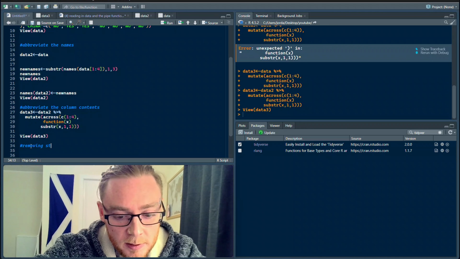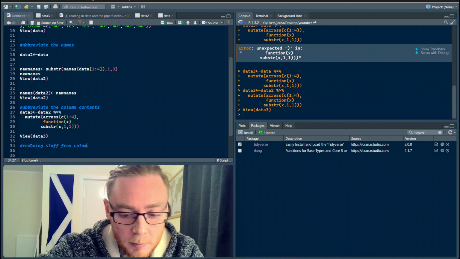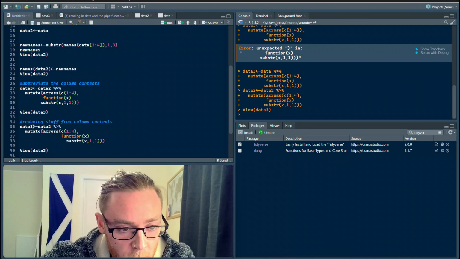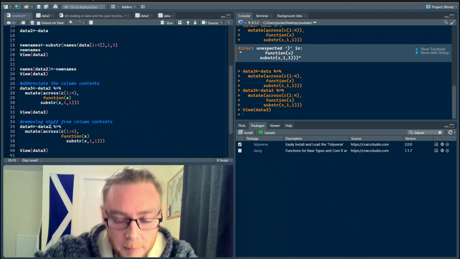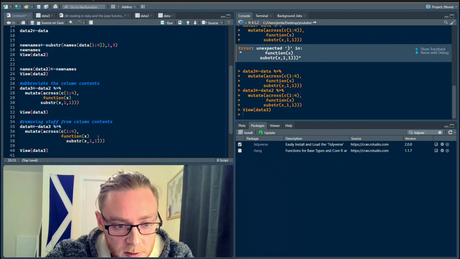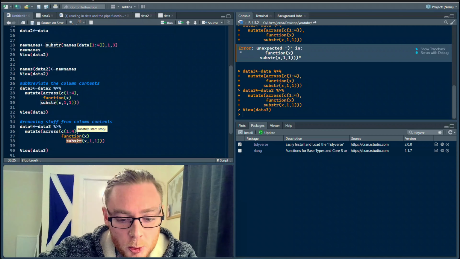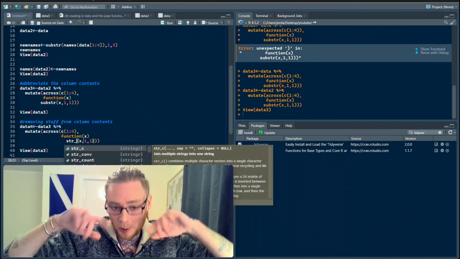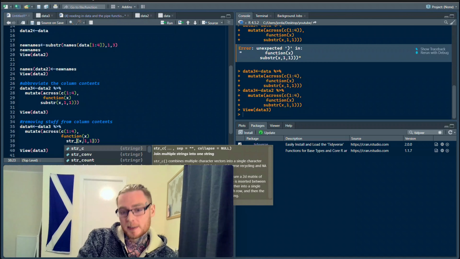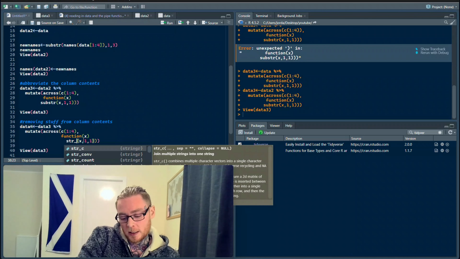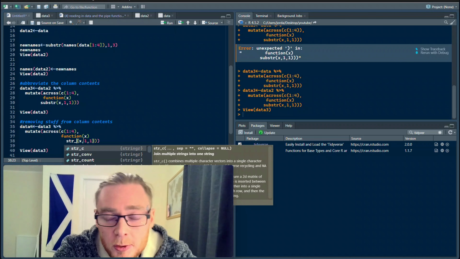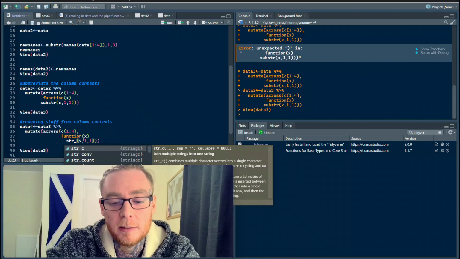Removing stuff from column contents. Let me do data 4 is based on data 3. Keep these two the same. Change this to string, and see, we start now. This is stringr. So if you want to use functions like string remove, string replace, you definitely need to have stringr, and you get that through tidyverse. So you don't need to load that one manually, individually. You can bring that in through tidyverse. String remove